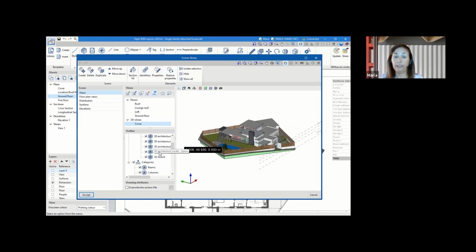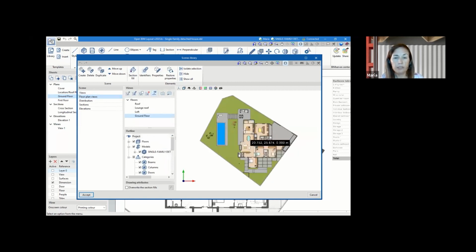Okay, but it could include a model, the BIM model created from plumbing water systems, or the structure from CYPE CAD. So you can combine here as you need the different models, the different IFC categories, etc., and create your own scenes. Here, as an example, we have these views,